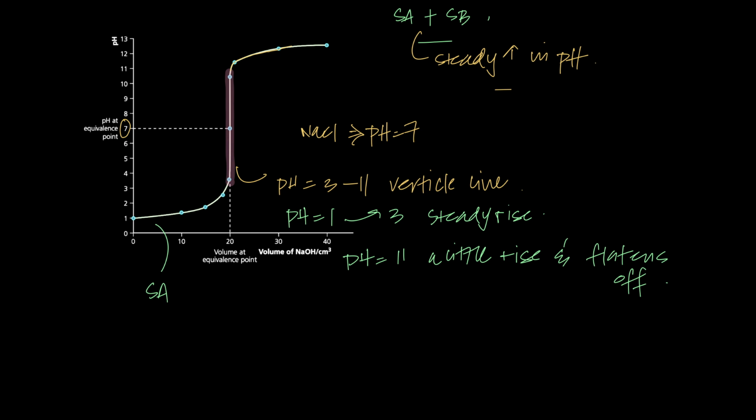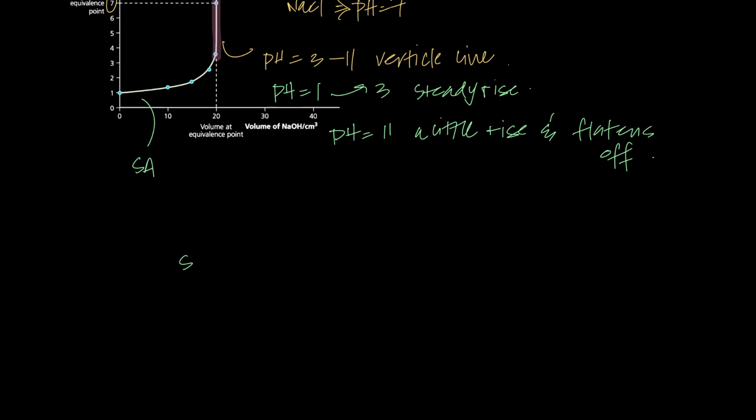It could also be vice versa. Understand? It could also be vice versa. You could start off with a strong base in the conical flask and then you start to add acid to it. And literally it's the mirror image of the one that you saw above. It's the mirror image, because strong